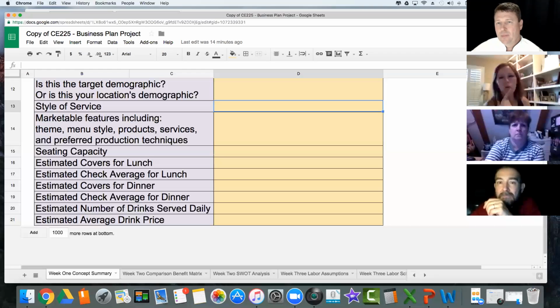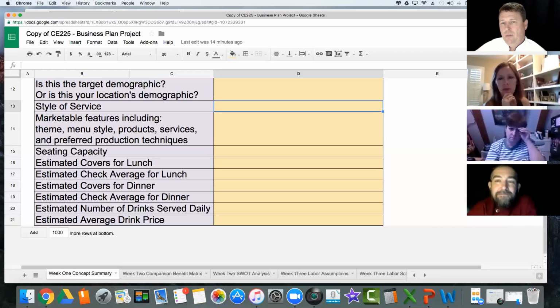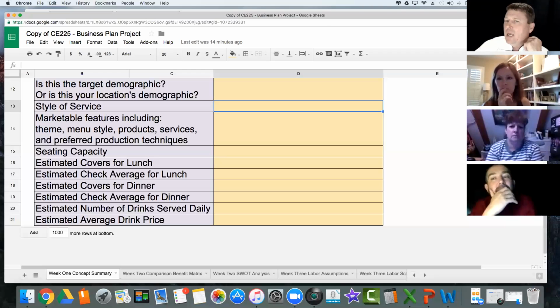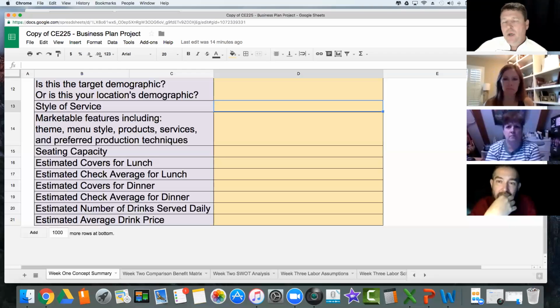I feel like we wrote a summary in one of our earlier CE classes. You did. Can we kind of pull from that and tweak that a little? I think that is the whole point, right? Is that you have previous work, just like your menus that you already made, right? You already made the design, layout, and flow chart in 155. All this, we're all going to use that.